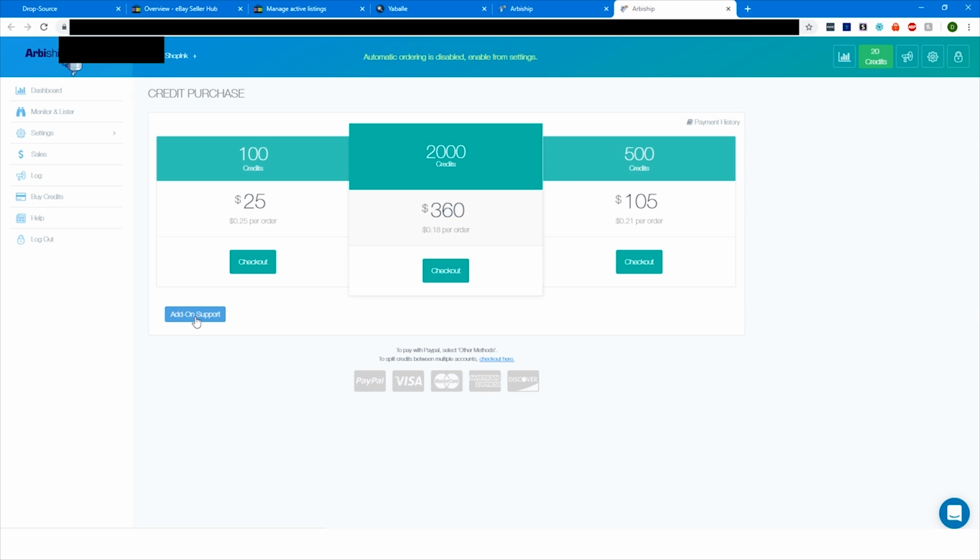So pay for add-on support, buy your credit packs, and you can wait till you need it too. You don't have to do it right off, but as soon as this gets to 0 or gets close, you're going to want to order this. So then you can just go here,